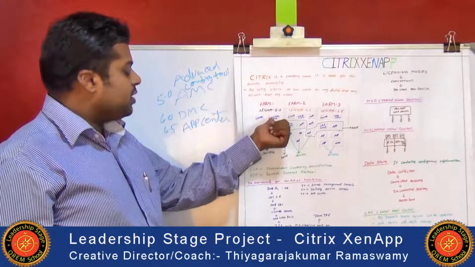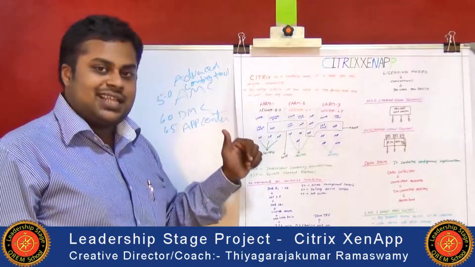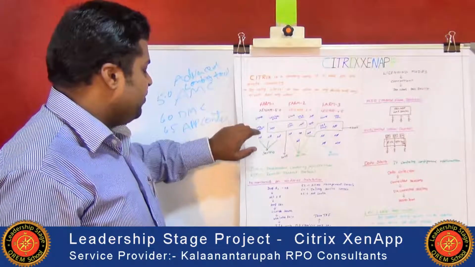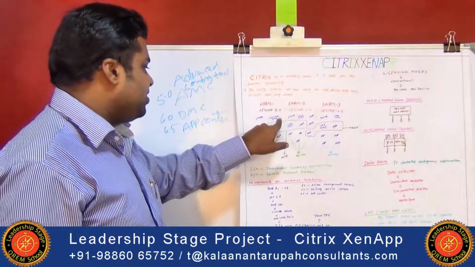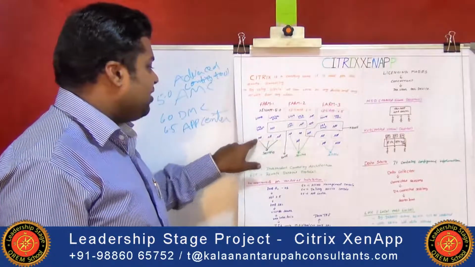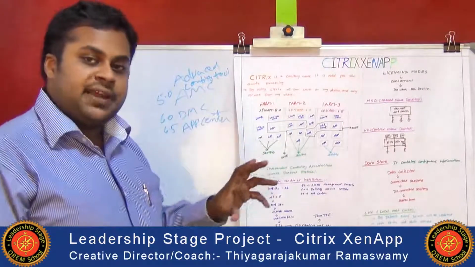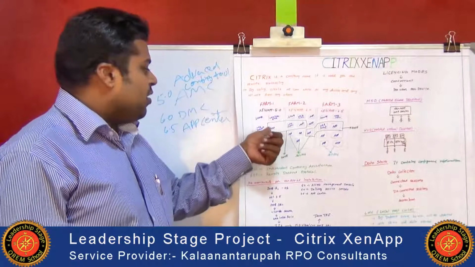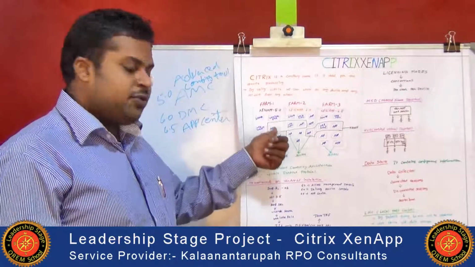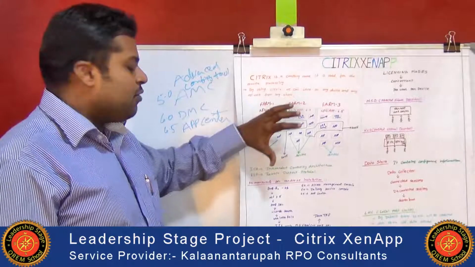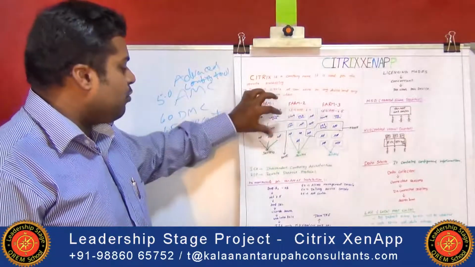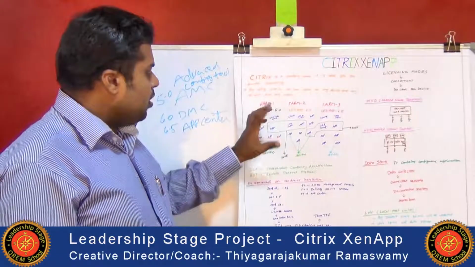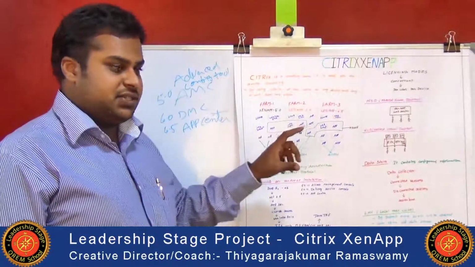Using the web interface only, the user accesses the applications. Of all the servers in this farm, on one server we install the license server, on two servers we install the web interface, and on the remaining servers we install the applications that we want to publish to end users. For example, we publish Java applications, database, Microsoft Outlook, WordPad, and Notepad. We install and configure all the applications, and then publish them.